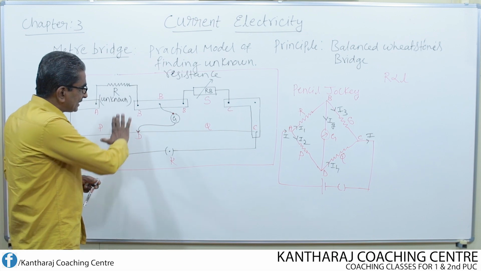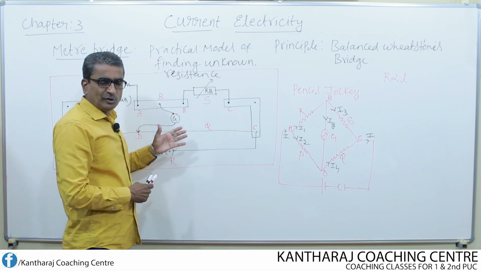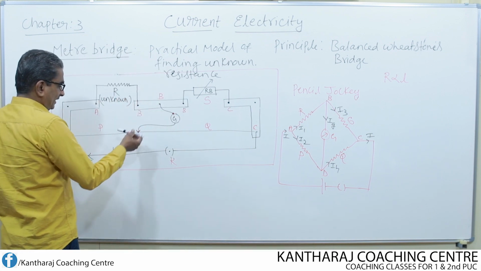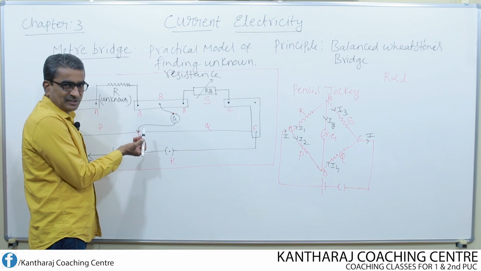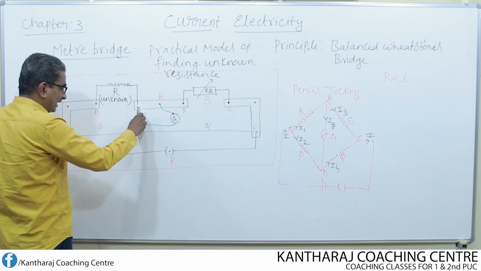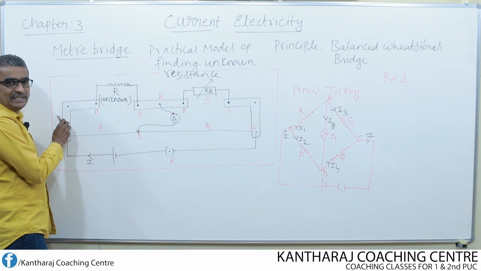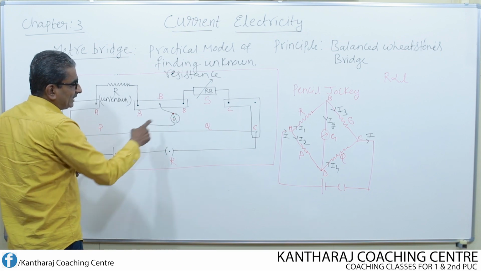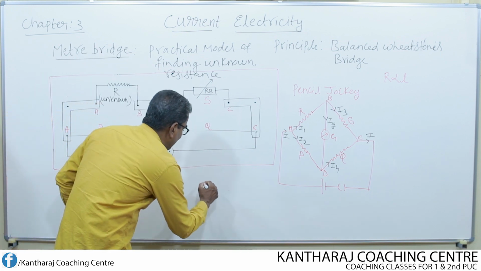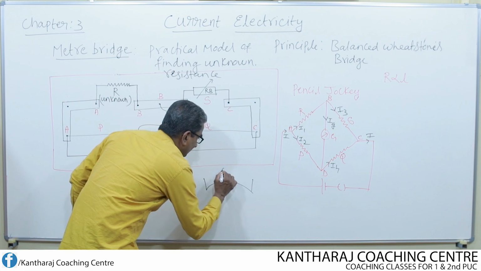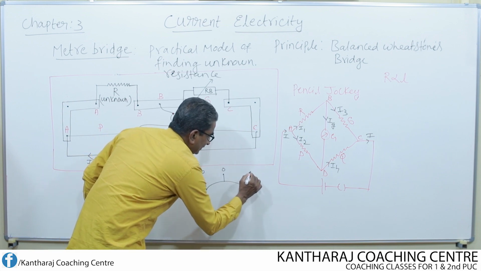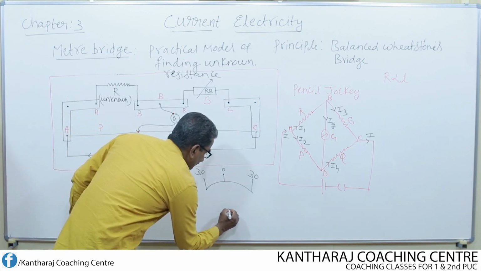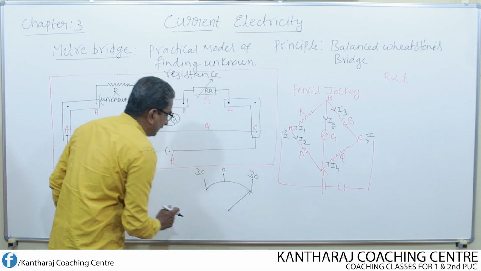Insert the key and check the circuit for its correctness. How do you check the circuit for its correctness? All that we need to do is, if you imagine this pen itself as a pencil jockey, make the contact of the jockey at the end A of the wire. When we do so, the pointer in the galvanometer shows deflection in one direction. Suppose this is the galvanometer, at the center it is marked as 0, and on either side of 0, 30 divisions will be there.